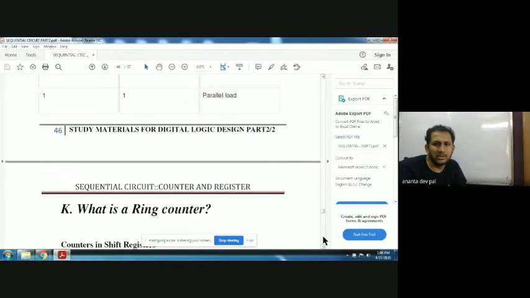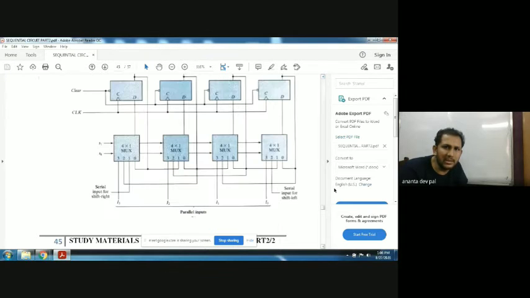These are the mode operations of the register. This select line is very useful. When we put 0 0, the 0 line is activated, no change. When we put 0 1, the one line is activated, that is, the right shift operation is done and transferred to D.